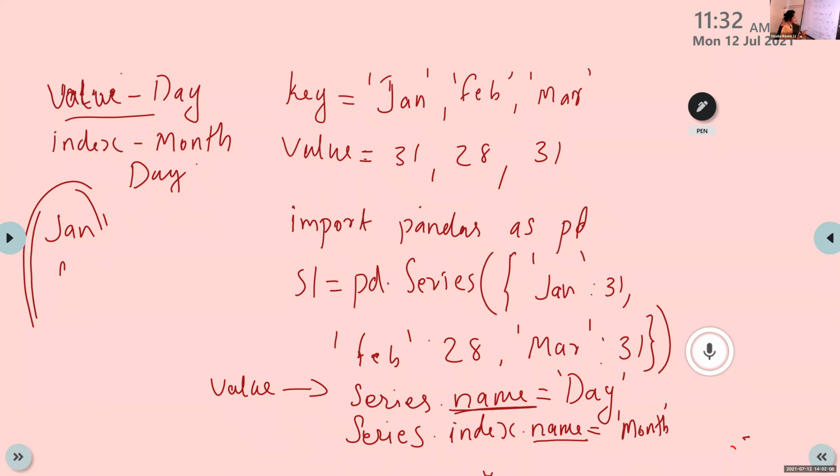And for index naming, write the statement series.index.name is equal to month. Then after that, print the statement. Print S1.